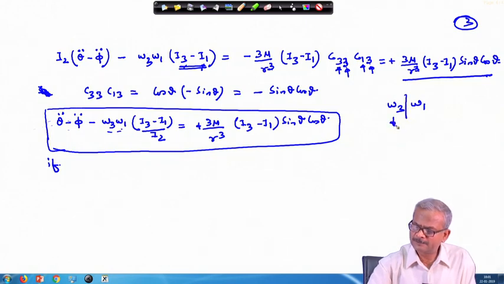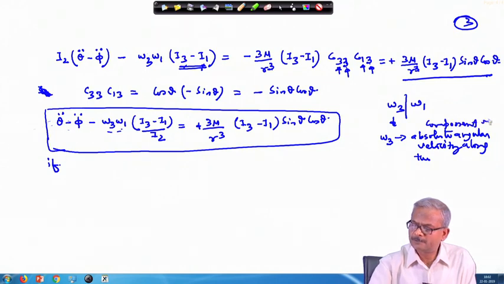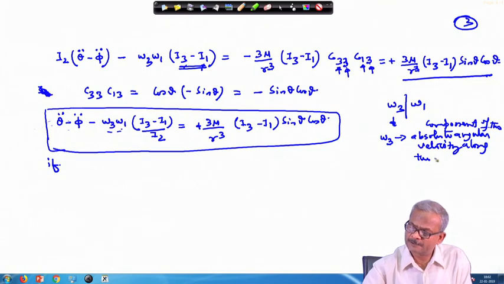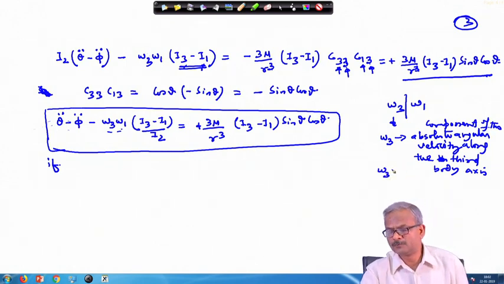So, omega 3 is related to the absolute angular velocity, or this is the component of the absolute angular velocity along the third axis, along the third body axis. So, the quantity omega 3, because we are considering there is no motion along the,